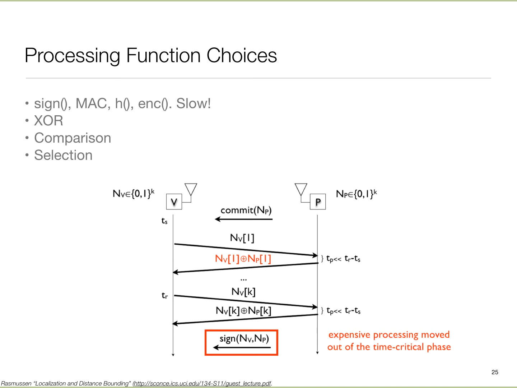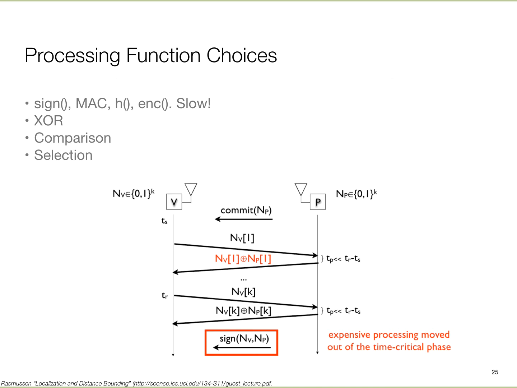Then we do a bitwise XOR between NP and NV, so hopefully this XOR operation is pretty quick. The verifier now gets the XOR of NP and NV, but still doesn't know NP. As a final step, we reveal what the value of NP was, sign it and send it out, and the verifier can open the commitment box and check against that. Essentially, the prover commits to NP and later reveals NP, no one else can interfere, and meanwhile we have made these operations pretty rapid. So each delta P is now pretty tiny.